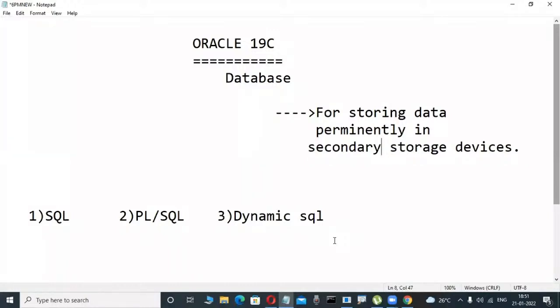Otherwise, if you want to know the syllabus and all these things, previous batches' recorded videos are there. You have to request, and maybe in management there is